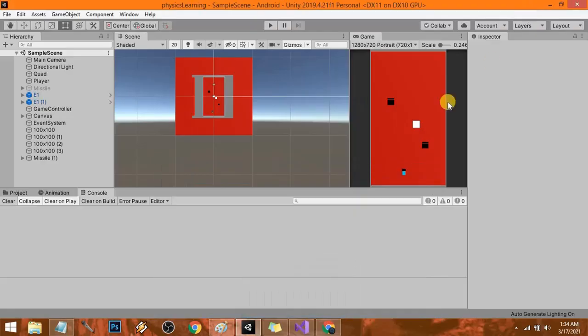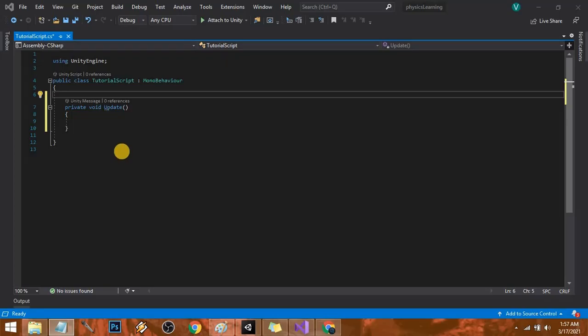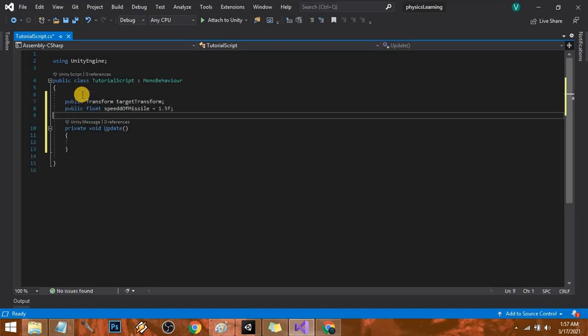Okay, so now let's get started with how I made it. Make a new script and open it up in Visual Studio. Firstly, we will make two public variables. One is of type transform and the second is of type float. The transform will store the target's transform, and the float will store a floating type number, which we can adjust so that we can adjust